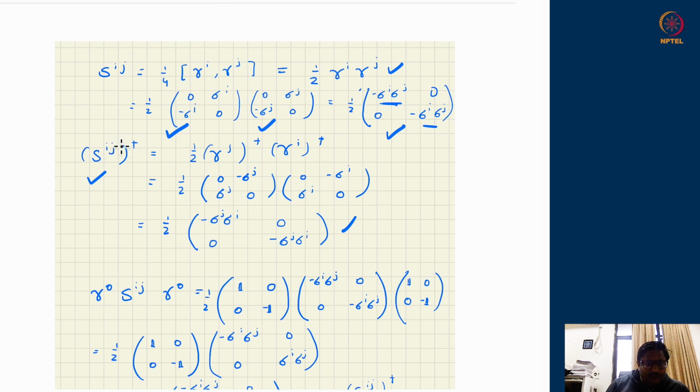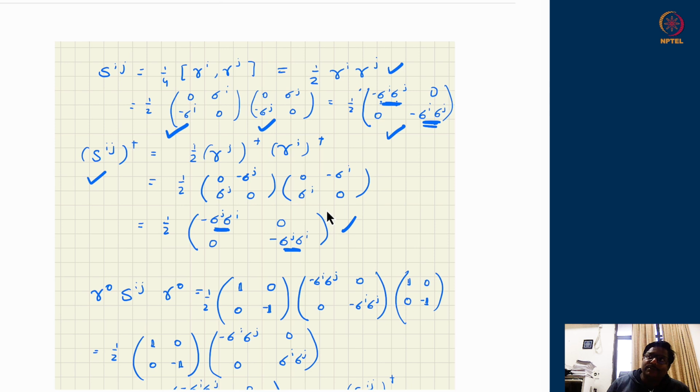Sorry, if I do the S_ij dagger, you will see that sigma i sigma j will be replaced by sigma j sigma i. So you see here, the minus sign is there, sigma i sigma j is there, and here also we have sigma i sigma j, but this is sigma j sigma i. Up to sign this is fine, but they have not come back to itself. Sigma j sigma i is not equal to sigma i sigma j. So again, we have not been able to generate a Hermitian transformation.